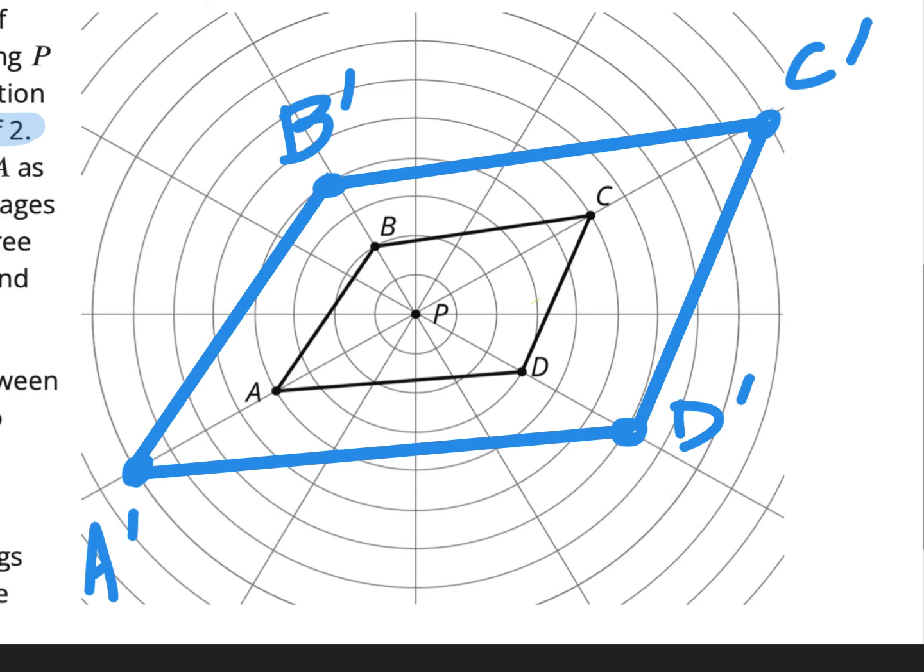And then I can talk over you guys, but if you want to check your scale factor of 1/2,